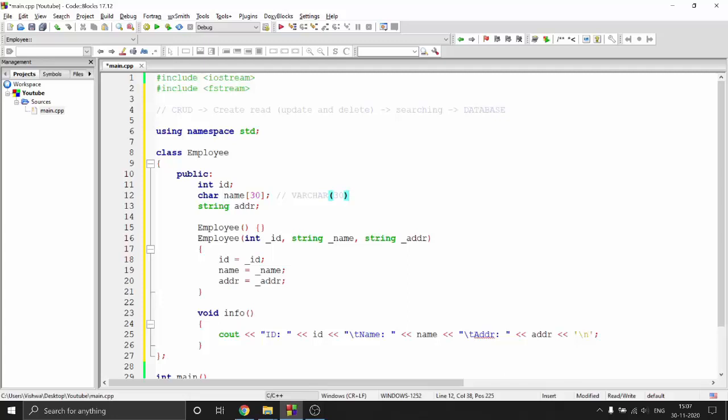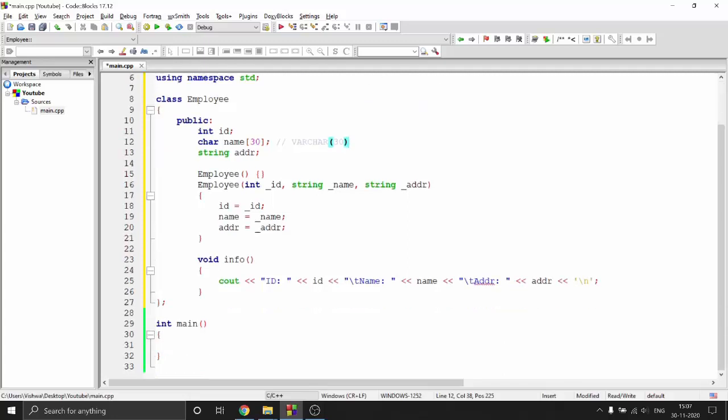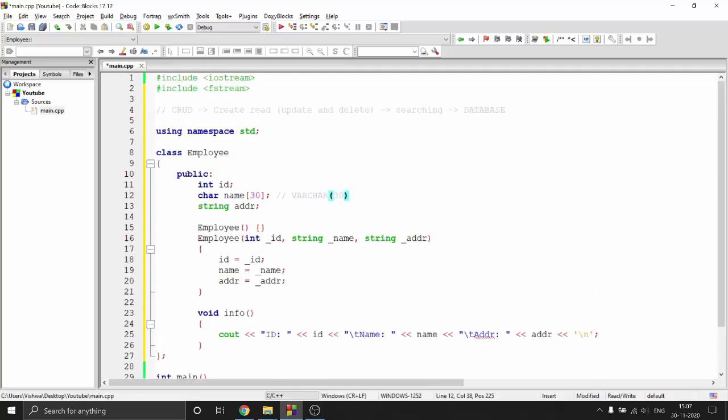The only reason we use string is that the string class makes it easy to handle these operations. So I'll just talk about what it is, but basically the string class will allow you to work with strings really easily, right? So that's one thing. But for writing you need a primitive data type, so we're going to use arrays, right? So address of 50 characters, and now I can just say string name and string address.